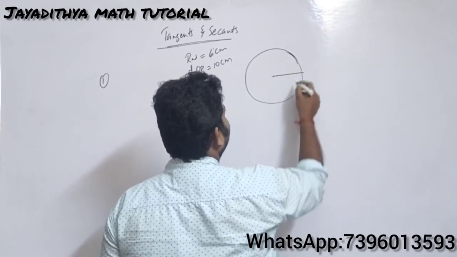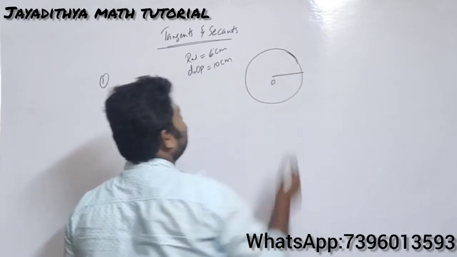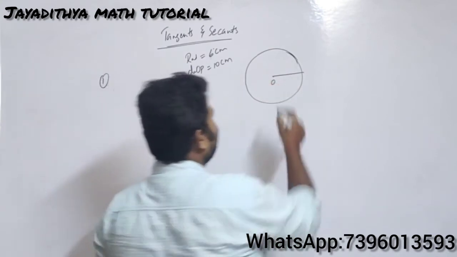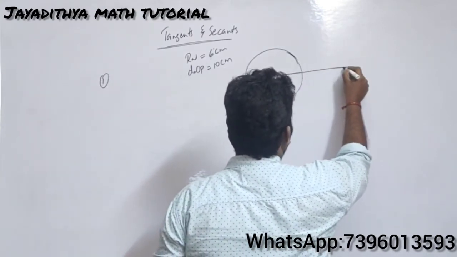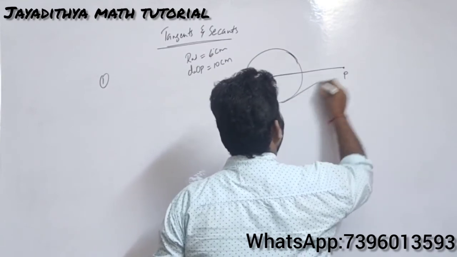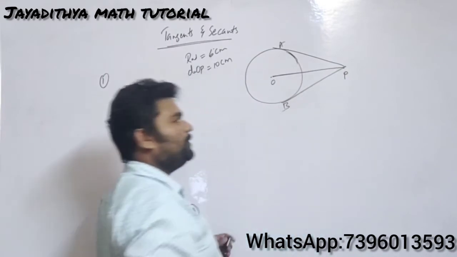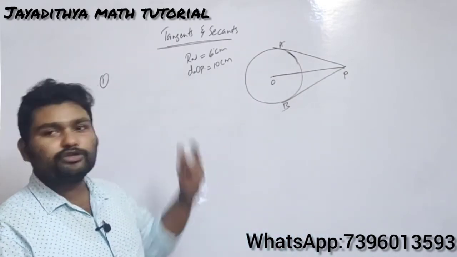So you can observe here, and he has given the circle. Let us observe this question. The center of the circle will be O, and let us take the external point as P now. From P you should draw two tangents, PA and PB. PA and PB will be two tangents you should draw in this manner.